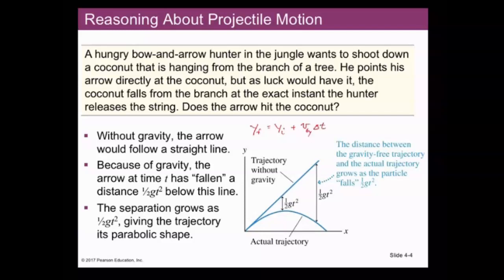And we know that if the motion is that of a projectile, in a straight line,